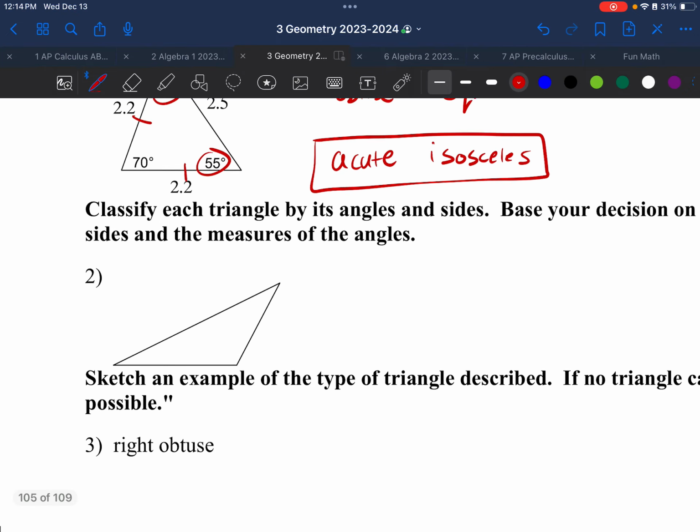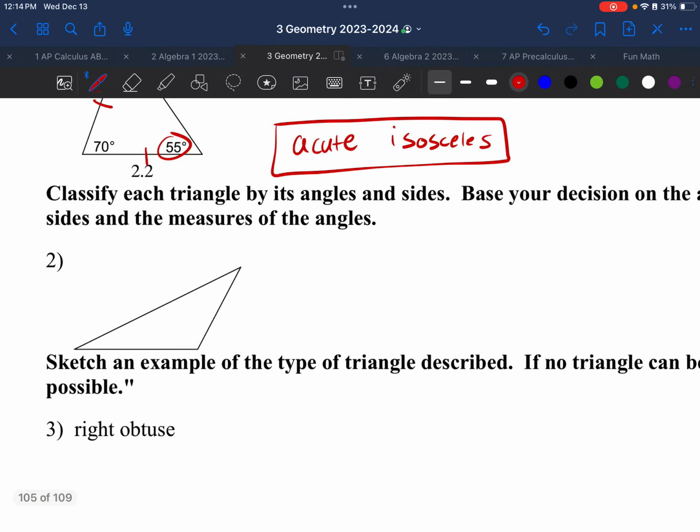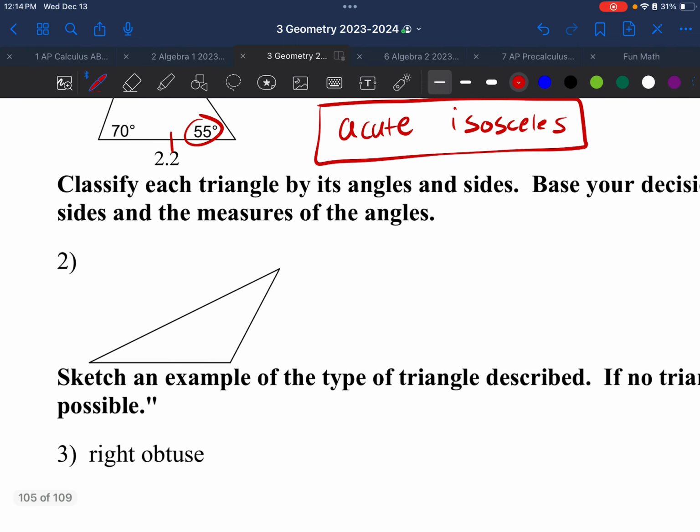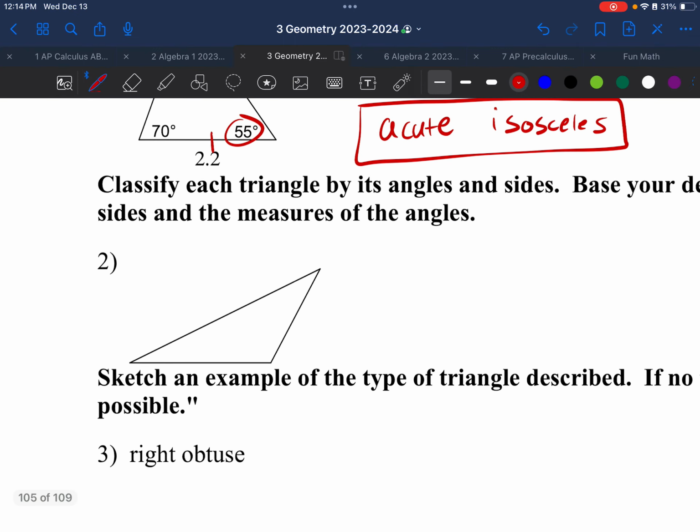And number 2, classify each triangle by its angles and sides. Base your decision on the actual lengths of the sides and measures of the angles. Well, clearly right here, this angle is bigger than 90 degrees. I would say it's about 120-ish degrees. I'll do a little tilde to say about 120 degrees. So it's definitely obtuse